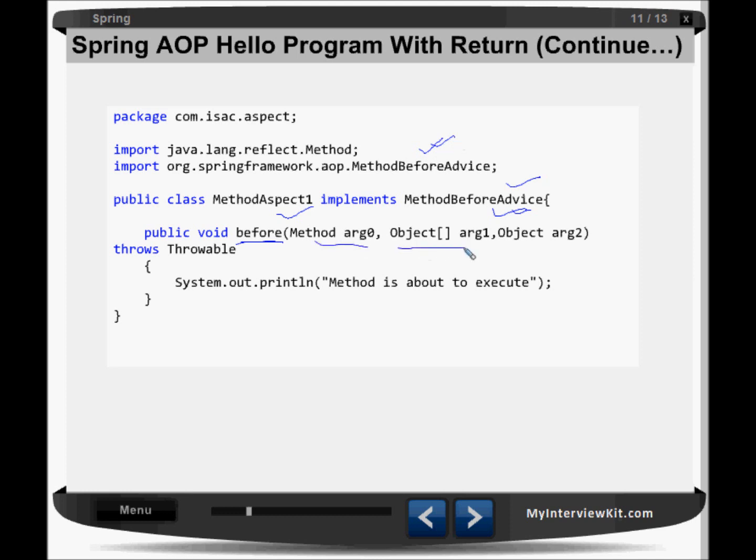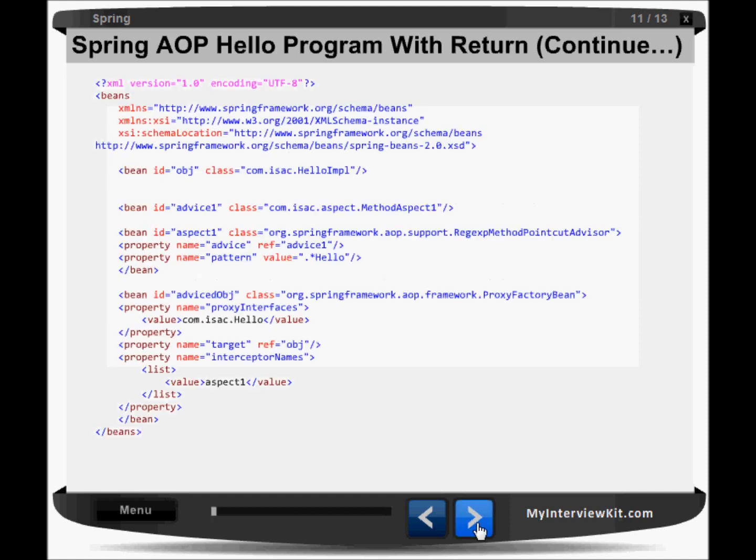So it is asking for three arguments that you have to mention. I'm not doing much in this. I'm just saying one message, method is about to execute. Just one line of statement I have. Okay, and this is available in the com.isaac.aspect package, so I have to take care.